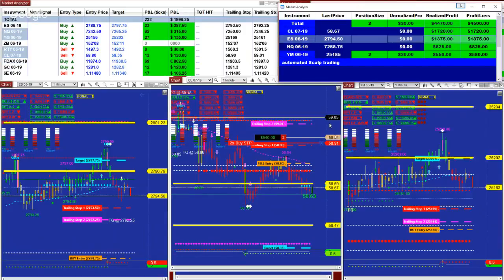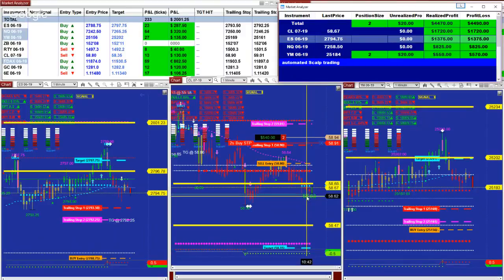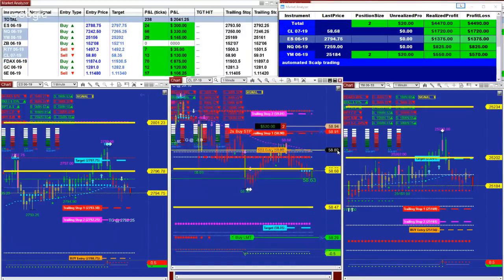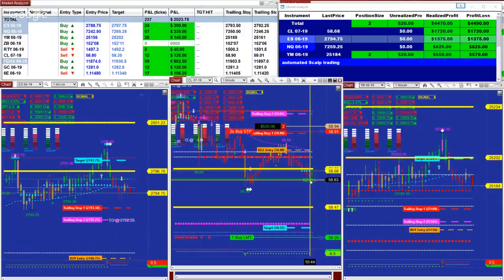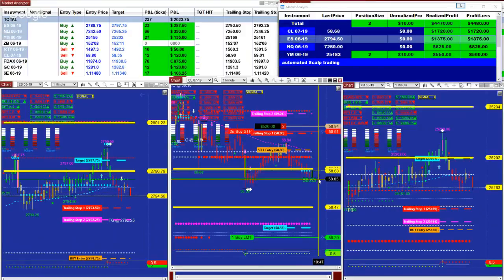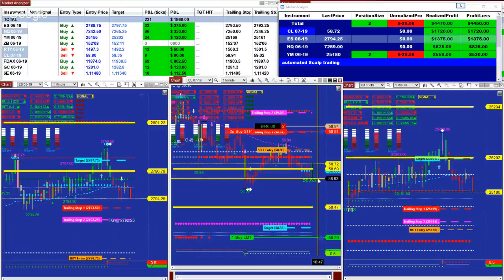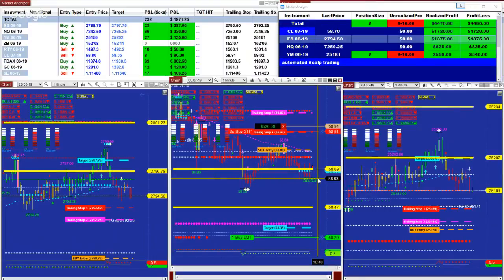If that CL is not able to break that 5863, maybe you need to consider closing those positions, because 5863 we've been trying to break on the CL. The 58 is right there in front of you. We've been trying for over half an hour to break that level, and we're having a hard time breaking that level. So this could be the last try, and then if it's not, that we need to